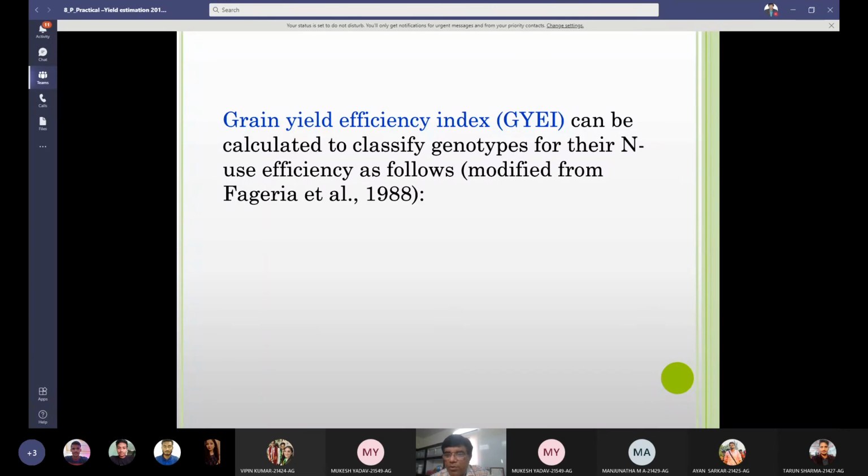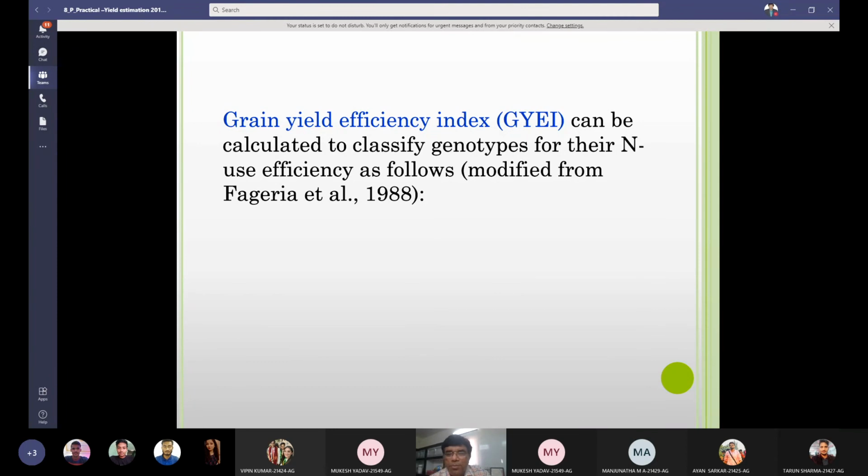Will it be the chlorophyll content? Will it be the nitrogen content in the leaf? Will it be the uptake of the nutrient, uptake of the nitrogen? A genotype which is removing more nitrogen, having higher concentration in leaf, will be nutrient or nitrogen use efficient. So people have not settled this issue, which genotype or what should be the criterion to judge the nitrogen use